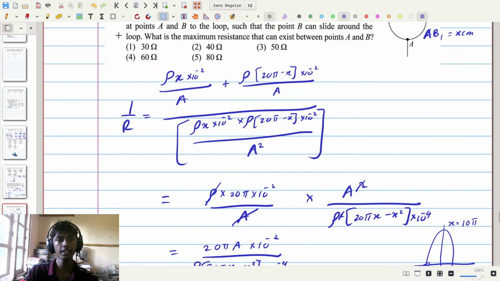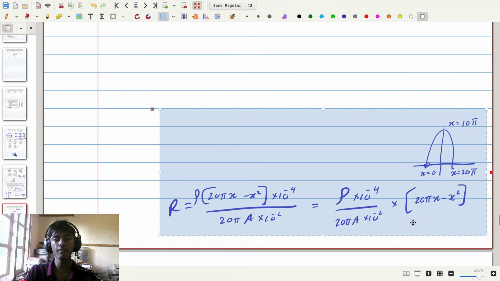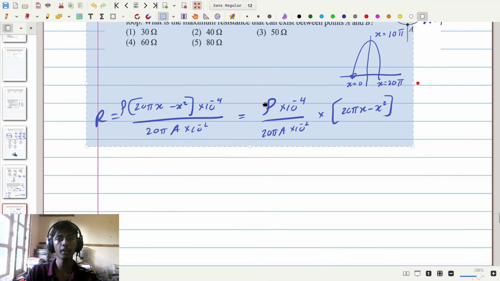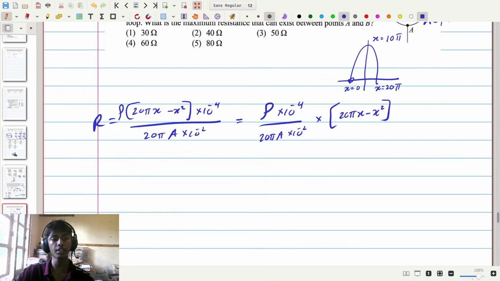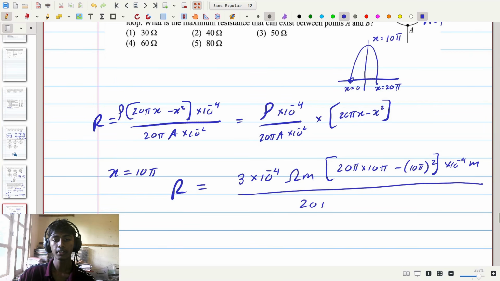So according to that, if we take this expression of R and take it up, the maximum value of R in between a and b will be achieved when x is equal to 10 pi. So substituting in, at that value of x equals 10 pi, we will get R being equal to rho, which now substituting is equal to 3 times 10 to the minus 4 ohm meters times 20 pi times 10 pi as x minus 10 pi squared times 10 to the minus 4, and the unit here is meters, divided by the 20 pi times the area